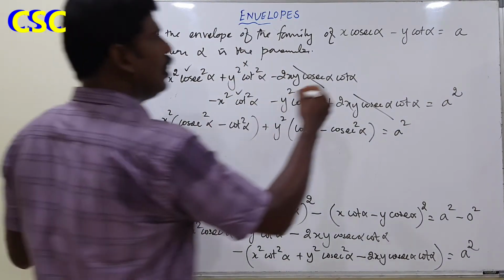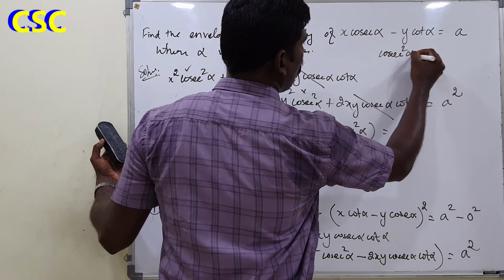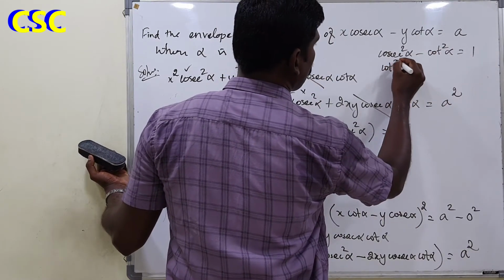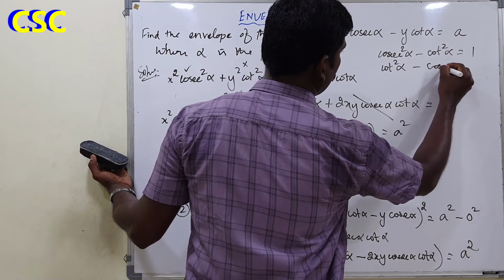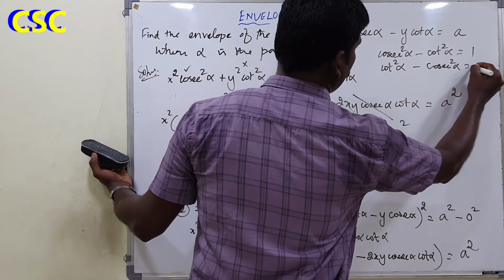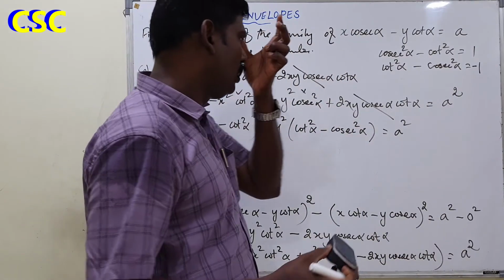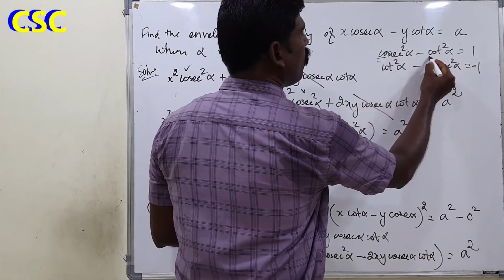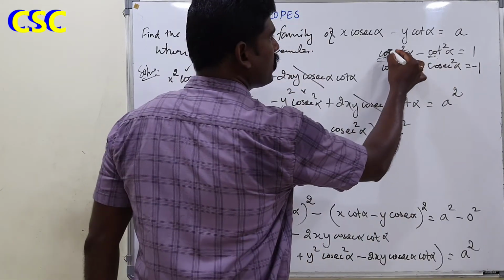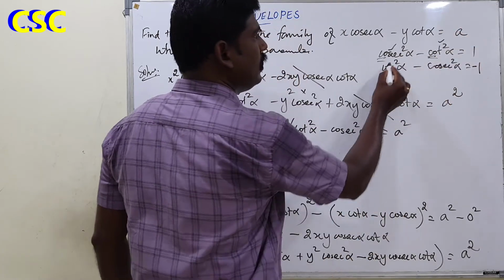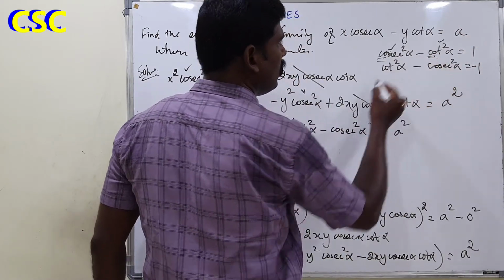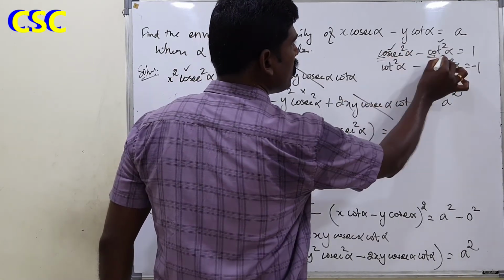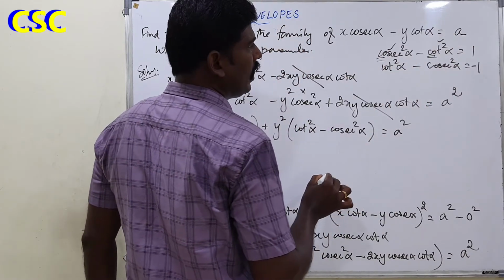What is the value of cosecant square alpha minus cot square alpha? It is equal to 1. Same like that, cot square alpha minus cosecant square alpha is equal to minus 1, right? How can we keep it in mind very easily? Look here, first two terms are same, cosecant, co, right? Next letter is S here, T here. So in alphabetical order, S comes first, T comes second. So the value is 1.